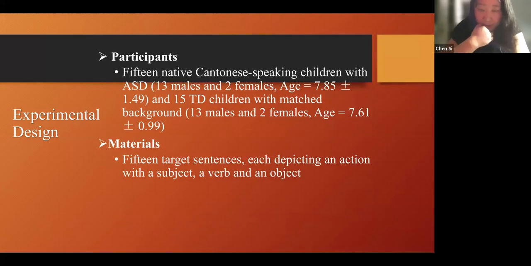And for the materials, we tried to design the materials to be simple enough for autistic children, because the participants we're trying to recruit should at least be able to produce a complete sentence, and then we try to design the sentence to be as simple as a description with a subject, a verb, and an object.